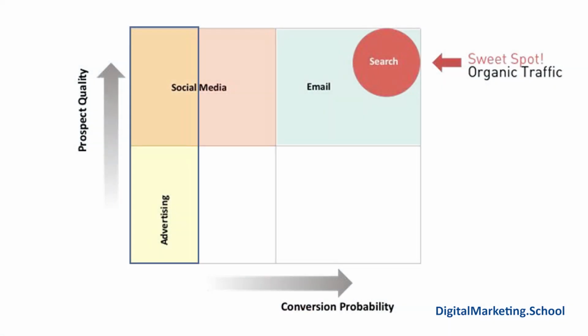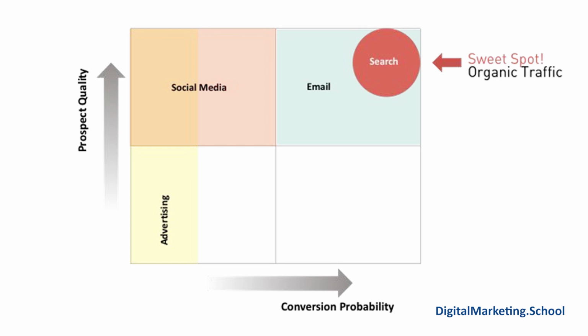Now, you might get better with time and that might increase, but when you're starting out, the idea is that you're just not that good at it, right? So you might be on the lower side of the spectrum for prospect quality in that case. Now, if you hired a professional to do this or an agency, they might be very good at reaching the ideal customer. And so that's why advertising sort of exists across the spectrum of prospect quality.